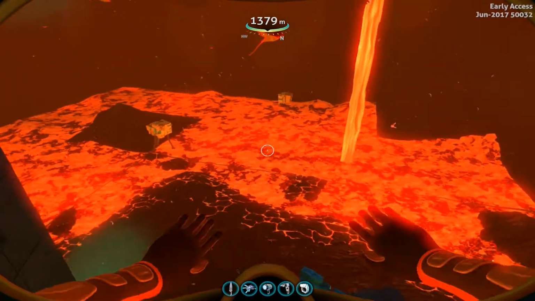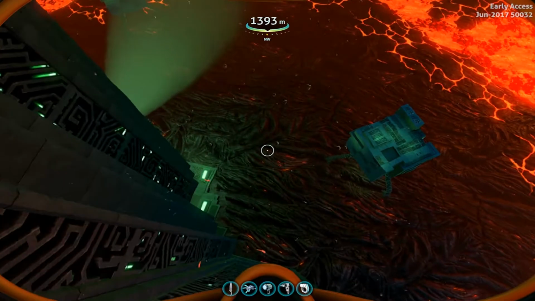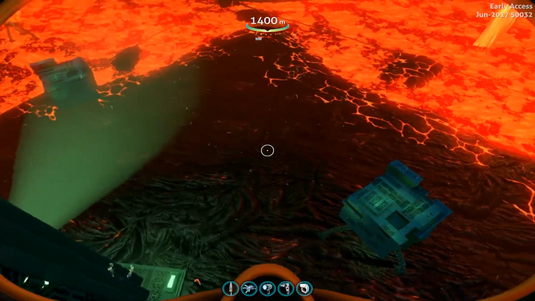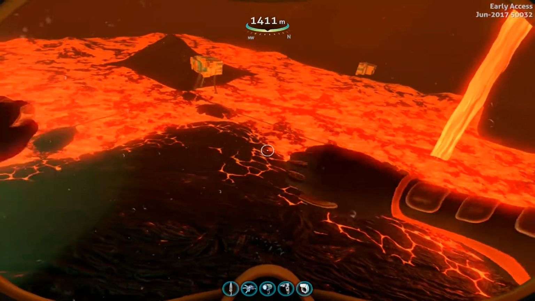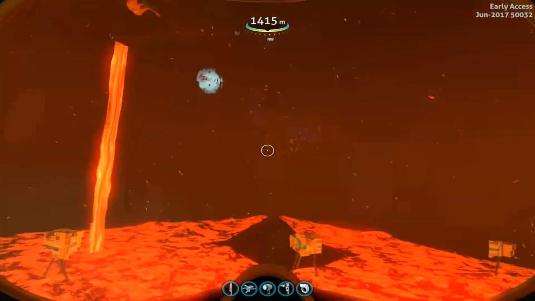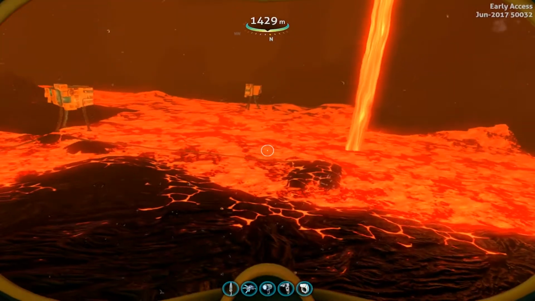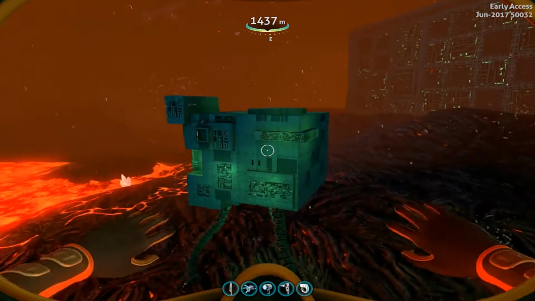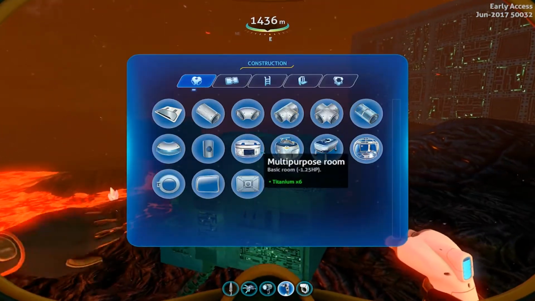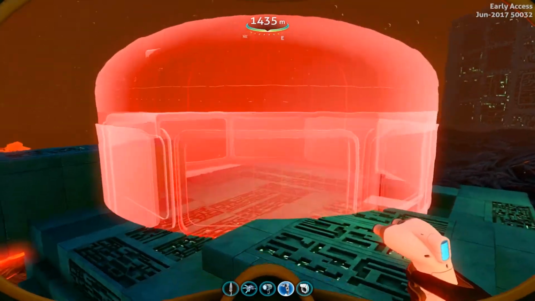So, it looks like if we want to... Oh, I want to try this one, too. I want to see if I can build on that. It looks like if we want to actually build a base out here, it's going to have to be out in this area. Now, I don't know exactly how the hostile mobs will treat that, actually. I've never had stalkers and things attack the base itself. I mean, they've attacked me going into my base and things, but...